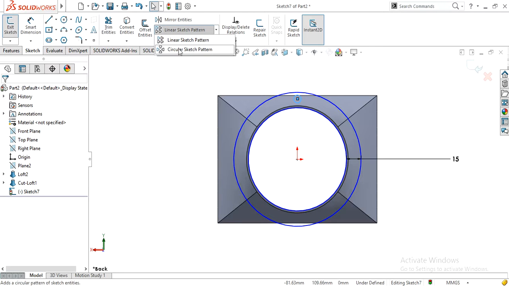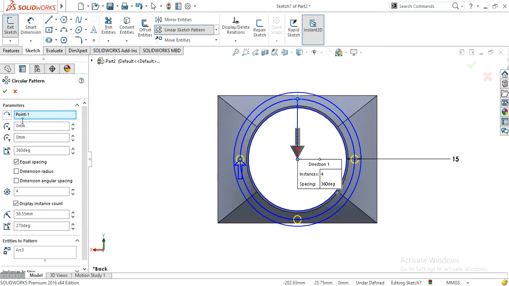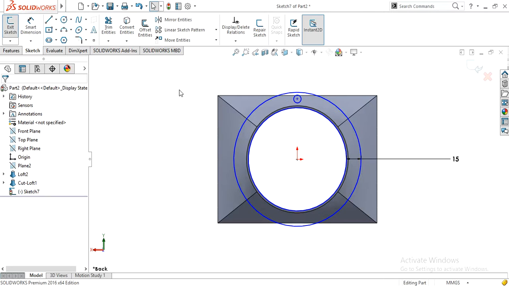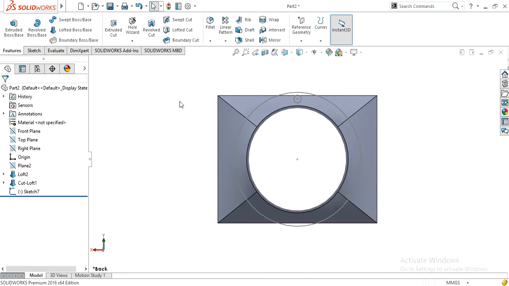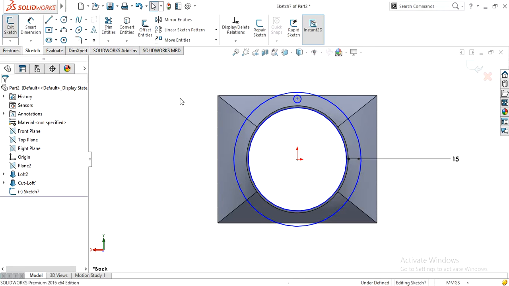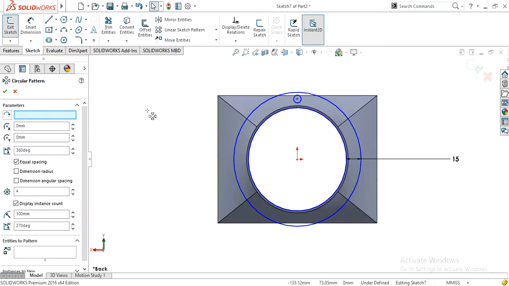Now here is the circular pattern. Edit sketch, and then again select the circular pattern.